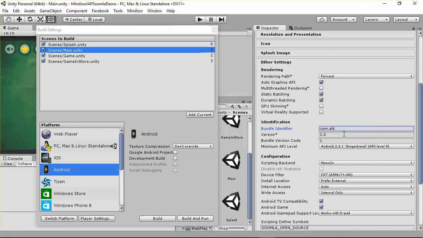So I can go here, com.ahmad nasser dot Mindizor in-app purchase demo. Okay, something like that, but make sure that you make it small letter. In-app purchase, in-app, or we can make it something in-app purchase